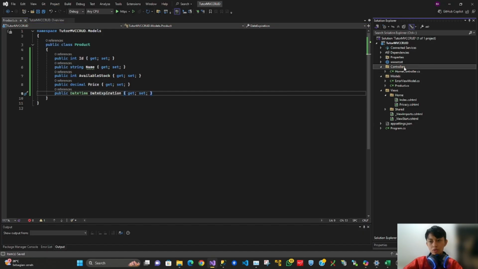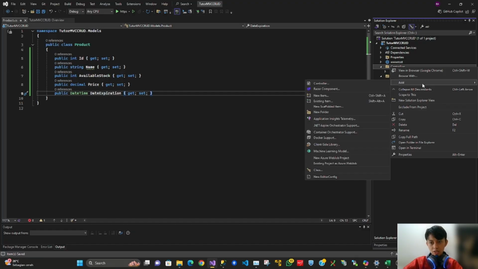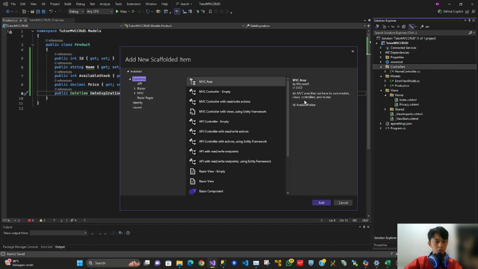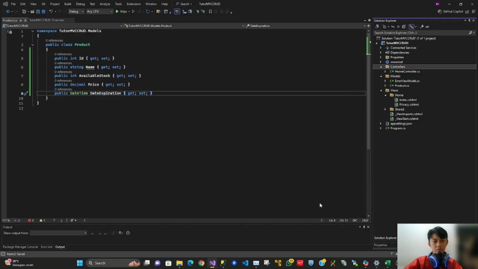Now right click on the Controllers folder, add, and choose New Scaffolded Item. To have the CRUD templates directly, choose MVC Controller with views, using Entity Framework.